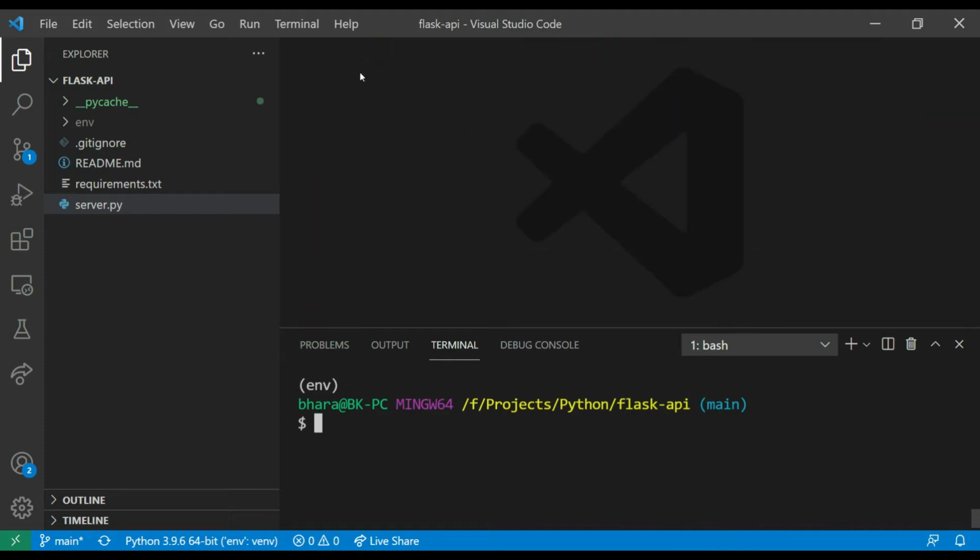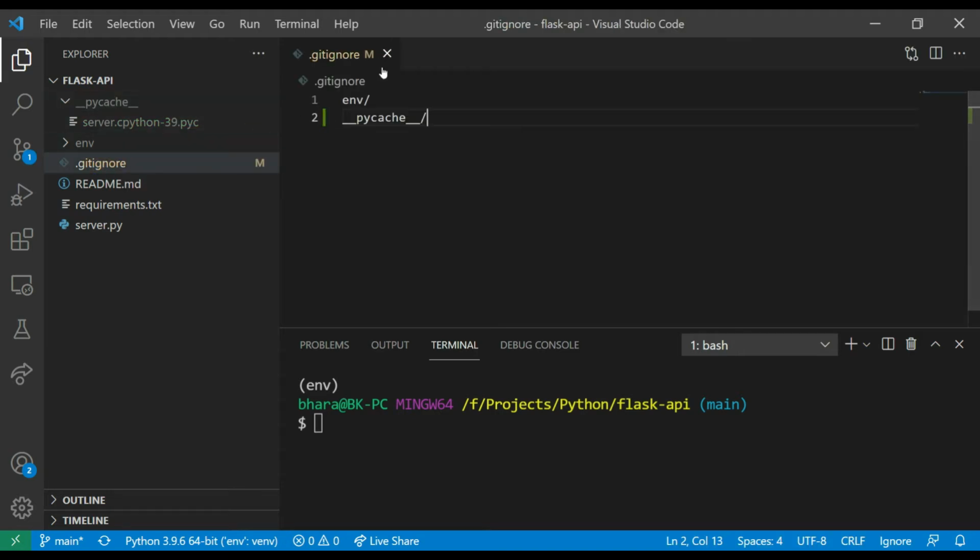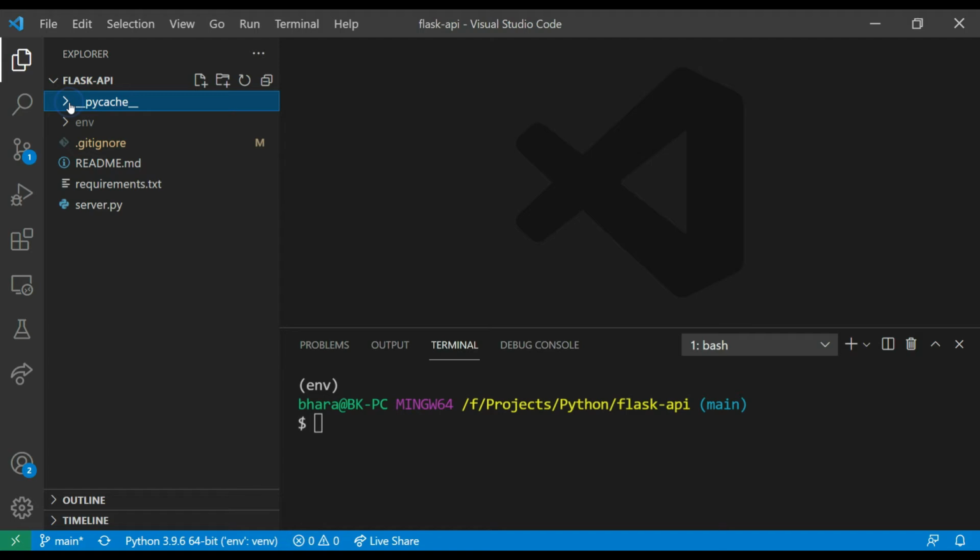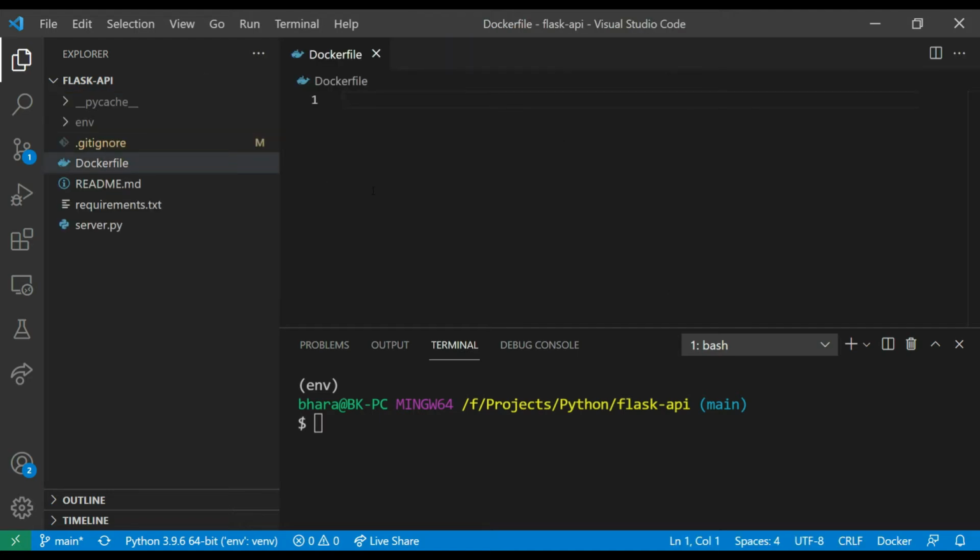Let me close this. Okay, let's add this pycache to gitignore. You can see this is grayed out. Let's close this and let's create a new file called Dockerfile. Okay, the first thing that we have to do is pull in a Python image. So let's pull in from the Docker Hub. I am pulling in the Python 3.8 Alpine image,